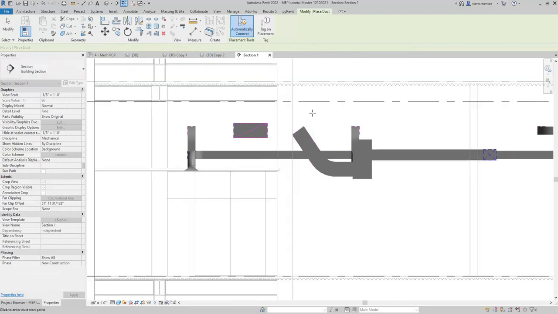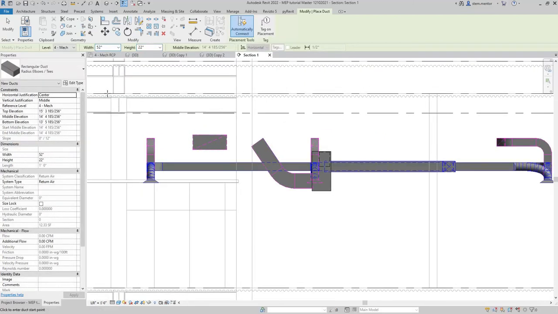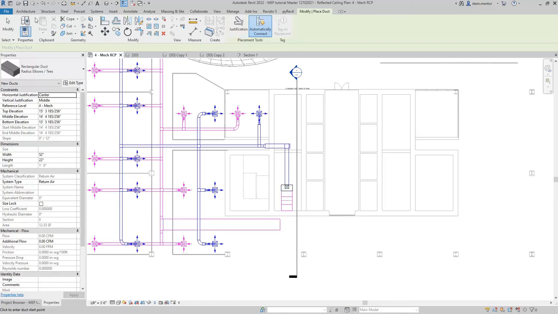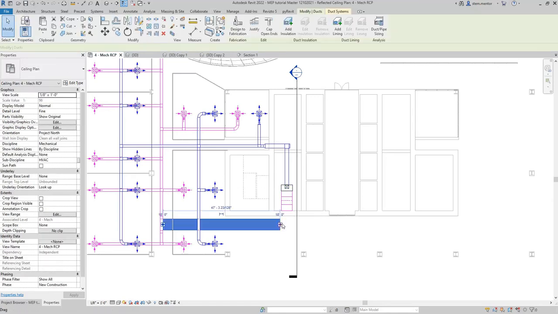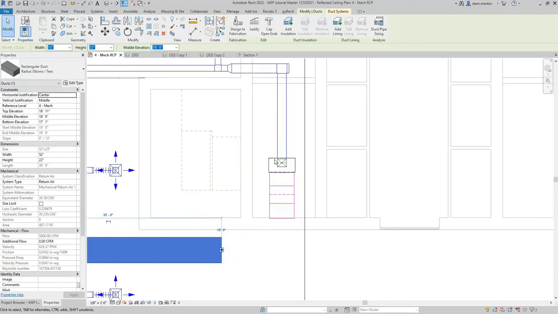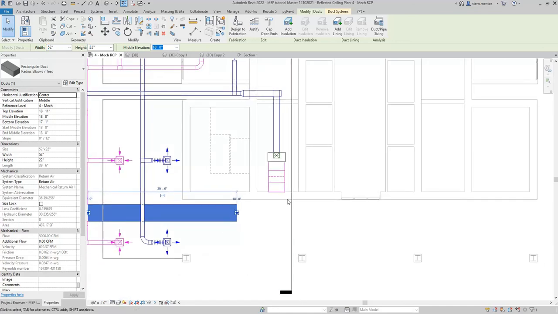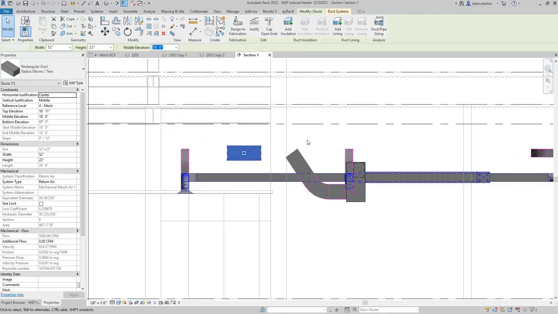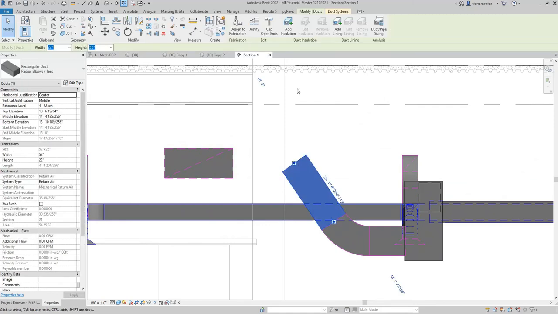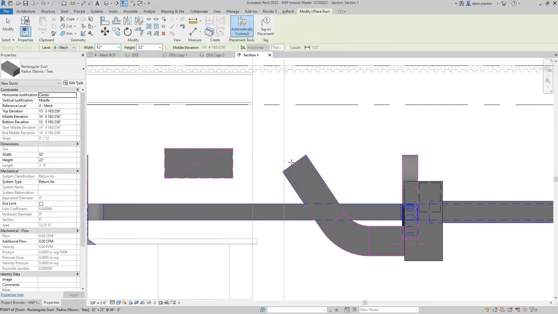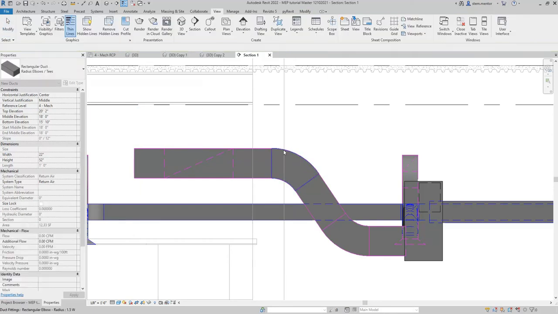Okay, so now here's what I'll do. It's giving me an error, so I'll move this back some, because here I can adjust out here. What I want to make sure is I can get this duct out of this mechanical room at the elevation here, and then we can make adjustments here as needed. So again, go to section. Now select similar. And as a matter of fact, I'm just going to extend this over to make, there we go. Now go back to the